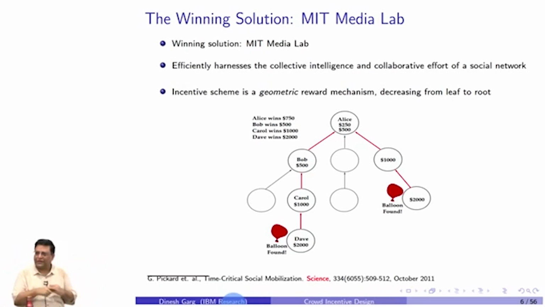That's what happens in many of these schemes. I am always busy hiring people. Everybody is busy hiring somebody else, but nobody wants to do work, right? Because who wants to spend the effort? Even if I spot the balloon, if I am way below in the chain, I am going to get peanuts. Whereas hiring is a much less effortful job for me. I'll just hire 5 more people and sit at home. Let them spot. Still I'll get the money. Am I right?